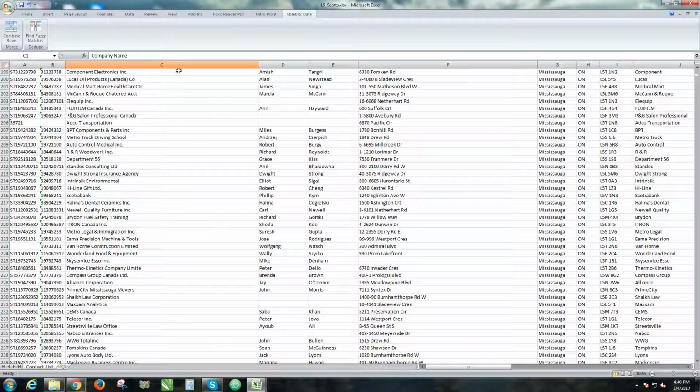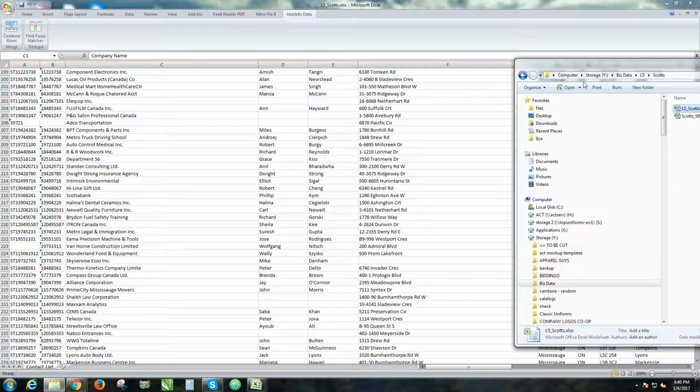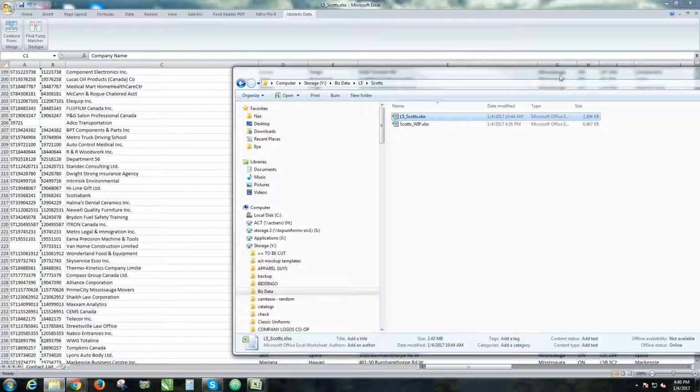So getting started, when you start this process, you're probably going to be given a couple of exports from an ACT database, or more than one ACT database in this case. You can see I have two Excel files here in this folder. Before we get started, if you look at my Excel ribbon up here, you'll notice you've got all the normal tabs and a couple more things. What we're going to be focusing on today is the AbleBits data plugins, and if you don't have these in your Excel